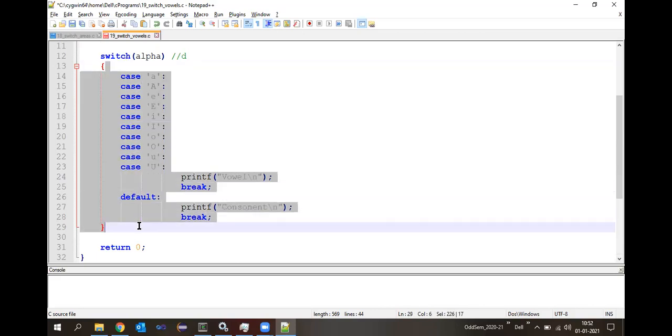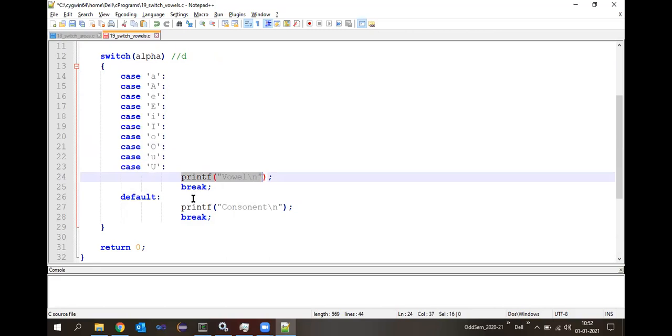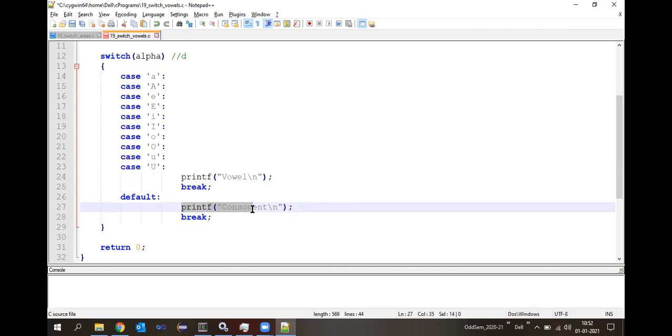In this particular switch case solution, I can recognize only two branches: when the alphabet is a vowel, or when the alphabet is a consonant. Not more than two branches. This can even be solved using if else also. Let us see how we can solve this using if else.